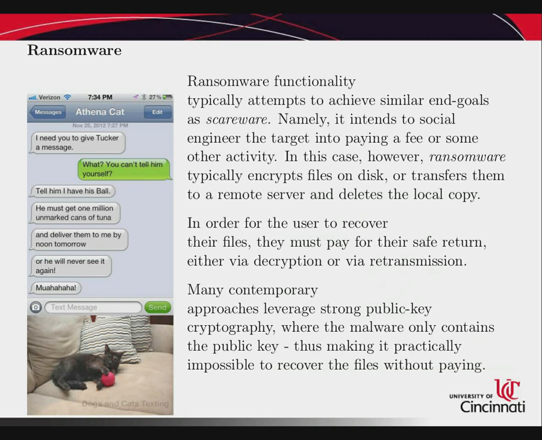So another one, this one's actually very interesting because I do not believe that any of the books that I mentioned at the beginning of the first lecture actually talk about this one, because it's really only become prevalent in the past 3 years or something. It's only really become something that anyone talks about in the past 2 years, and it's ransomware. Basically, how ransomware works is it's similar to the scareware, but it takes it a step further.